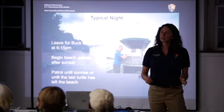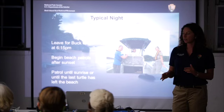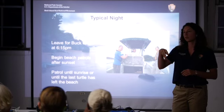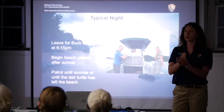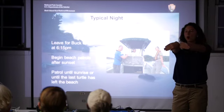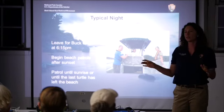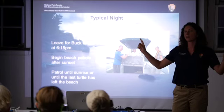So our typical night is we leave Green Key Marina around 6:15 and we start beach patrols around sunset. We have 3 people mostly on the beach. 1 person stays on the dock and each of the 2 others walk in opposite directions. Takes around 20-25 minutes. They wait at the end until the half hour or the hour mark and then they